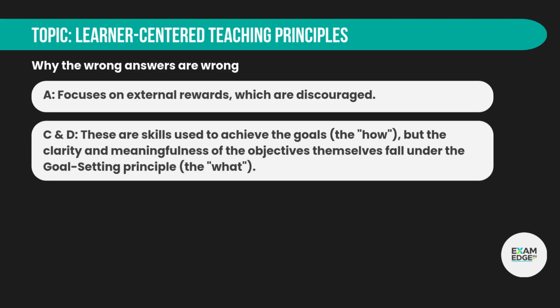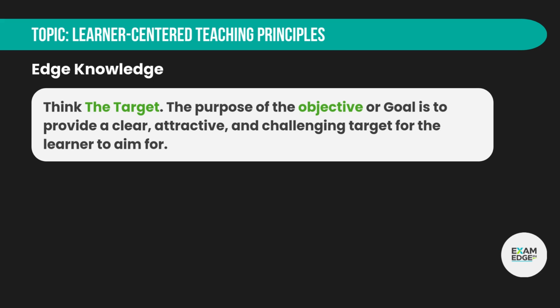A. Focuses on external rewards, which are discouraged. C and D. These are skills used to achieve the goals, the how, but the clarity and meaningfulness of the objectives themselves fall under the goal-setting principle, the what. Edge knowledge. Think the target. The purpose of the objective or goal is to provide a clear, attractive, and challenging target for the learner to aim